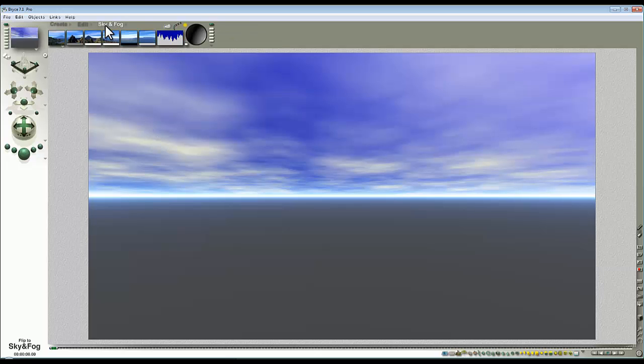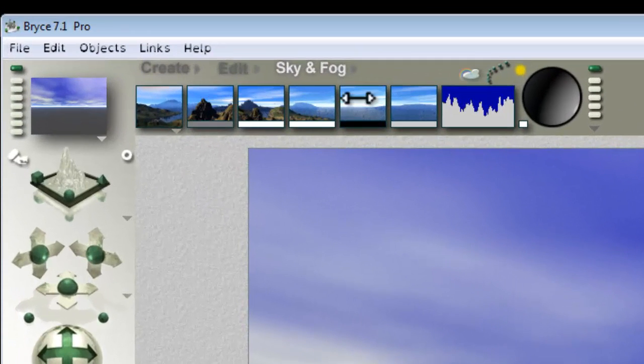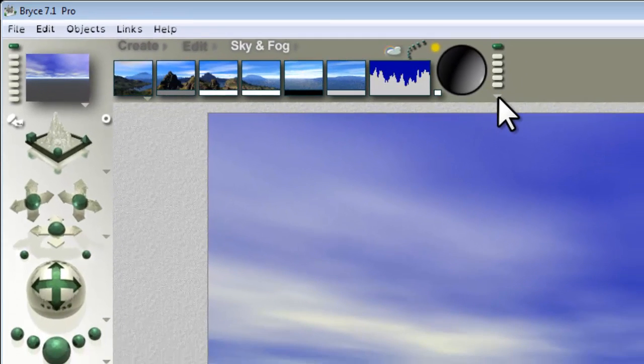I'll just demonstrate this. In the sky and fog, if you hover over these, you'll see in the bottom left hand corner a guide as to what each of these controls does. So you've got controls at the top and these palettes at the bottom, and a little drop down menu that says sky options, and here we've got another one that's sky and fog options, and this button will take us into the Skylab. The first thing I'm going to do is modify the haze colour,